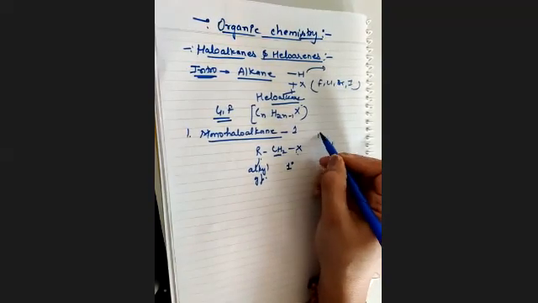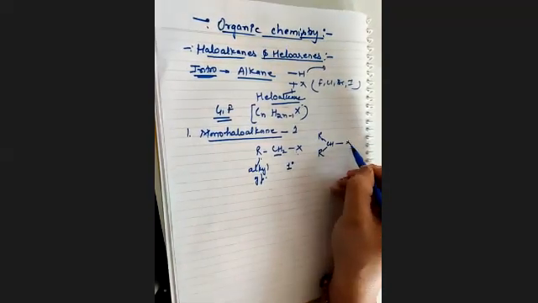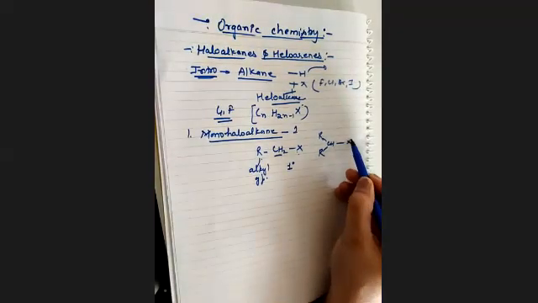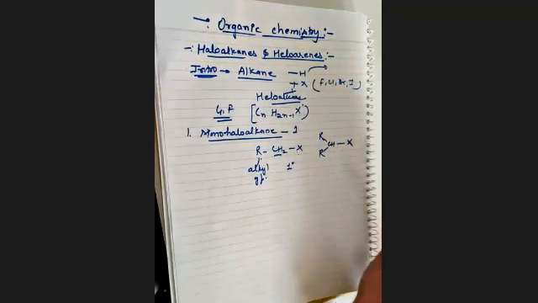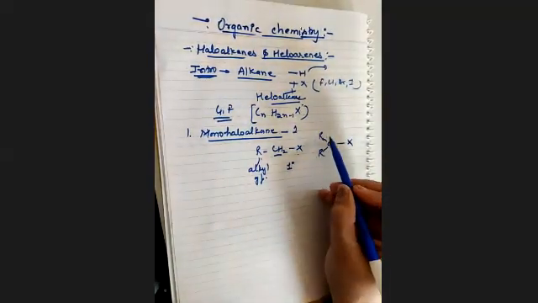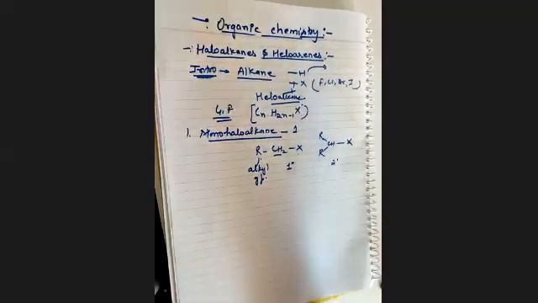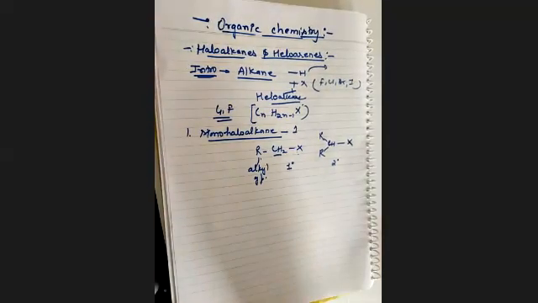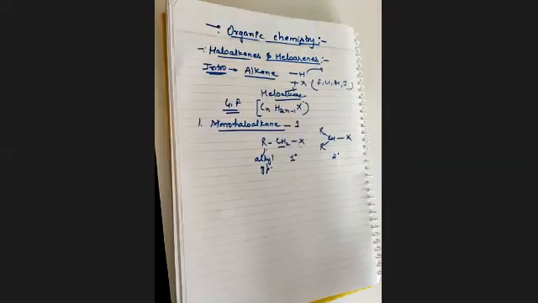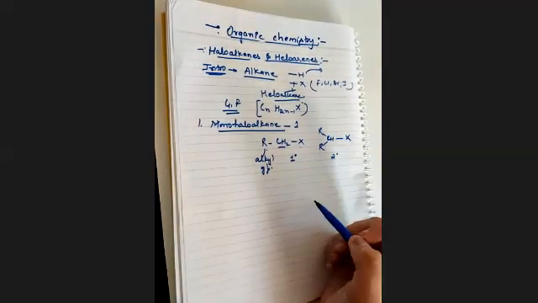If we go next to the secondary one, what is the case of secondary? CH, R, R, and one halogen. So the halogen is one, but on the basis of the arrangement of the attached species, or you can say the attached substituent, you name it secondary. Why? Because as you can see, this is the secondary arrangement. In 11th class, you have studied about primary, secondary, and tertiary. Now we'll move to the tertiary one.